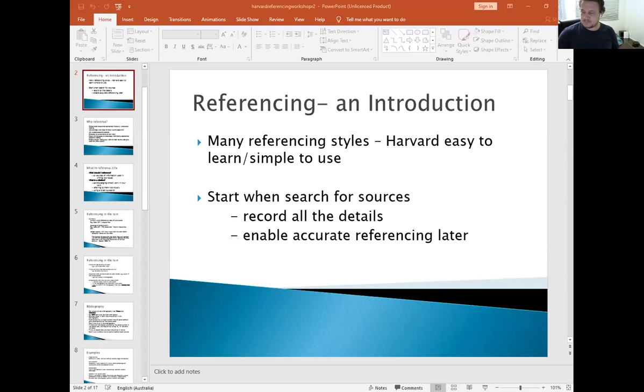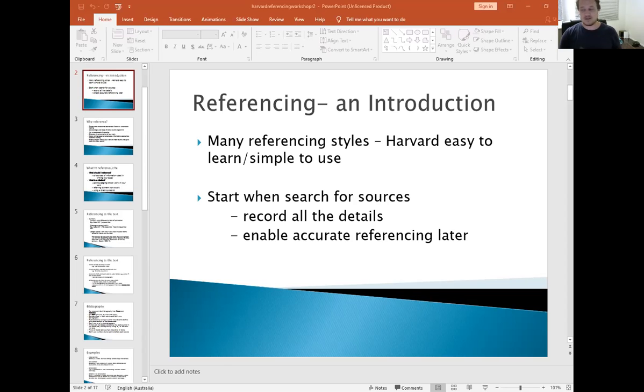I'm going to rant again. You get in trouble for ranting too much. Don't take information from sources and then not record the information. I don't know why the schools do it, but they teach people to reference last. Do your reference last.